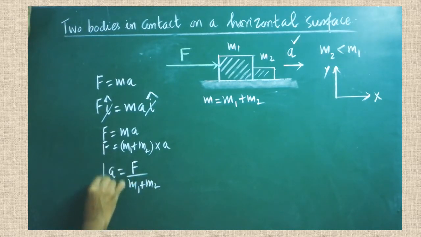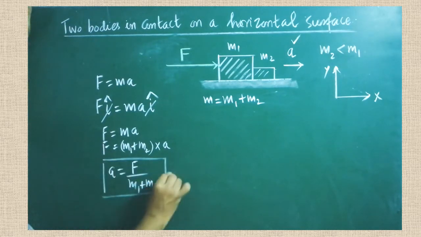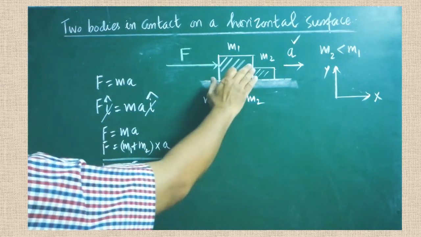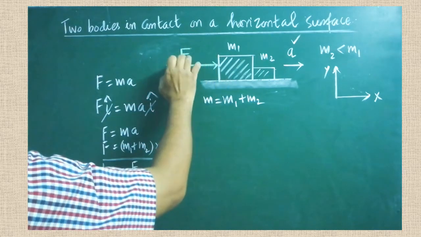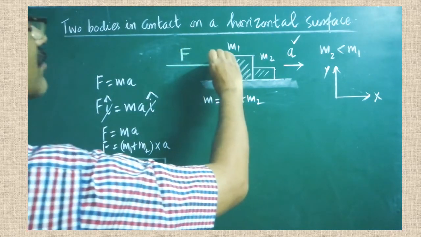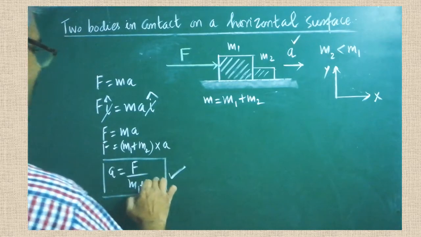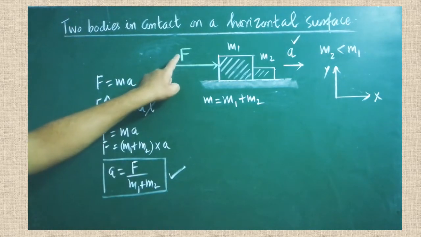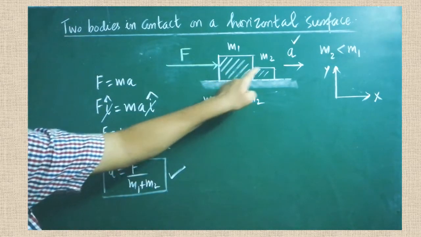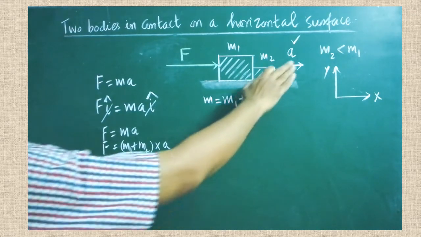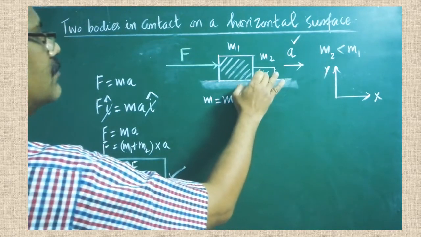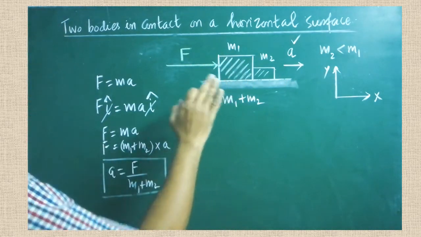So this formula is very much essential for further studies. Are you clear? So this much acceleration is created on the body due to the application of the force. Both of them are moving together with this acceleration. By knowing the value of the force and the values of the masses, we are able to calculate the acceleration of the body. Here the only assumption is that the mass m2 is lesser than m1. That you have to understand.